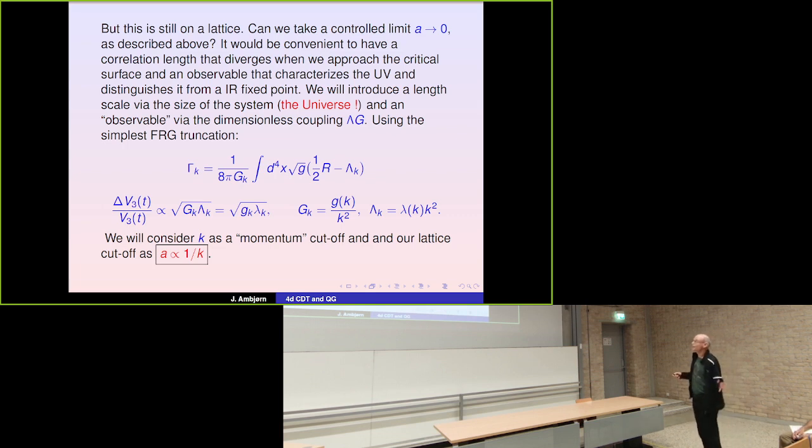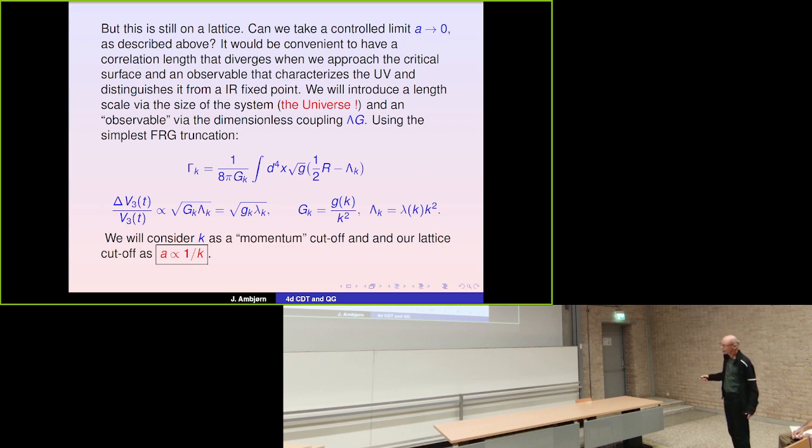And as an observable, I put it in quotation marks, we take this dimensionless coupling constant lambda times g. Now, if I use the simplest functional renormalization group truncation, in fact, the one first used by Martin Reuter when he calculated this, it is just the Einstein-Hilbert action, but with running coupling constants. And then if you take the classical solution to this and just do quadratic fluctuations around this, then you get